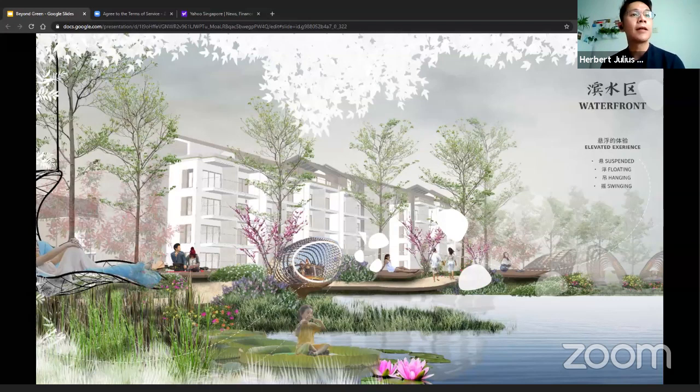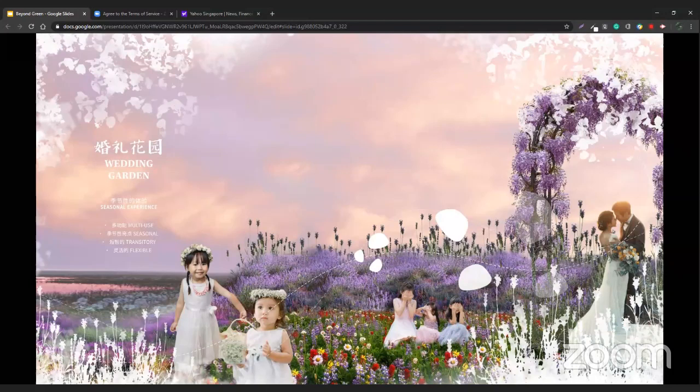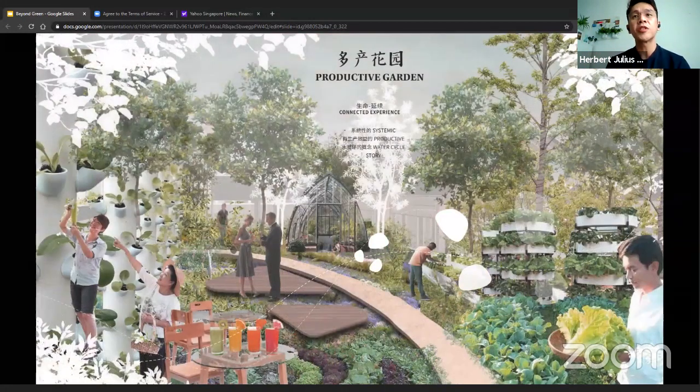The second experience is the seasonal experience. The Philippines doesn't have four seasons, but in China there are four seasons, especially autumn and spring, which are very much celebrated. I wanted to harness the seasonal experience into multi-use of space, seasonal, transitory, and flexibility of the design, and as well weave in a connected experience, connected with nature in terms of systemic landscape, productive landscape, and the water cycle story.